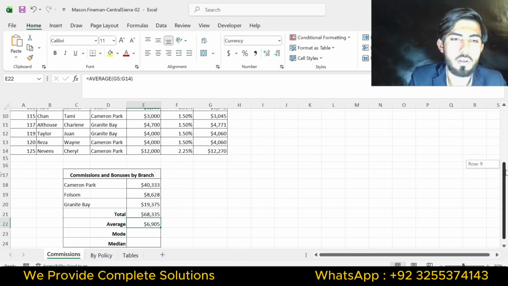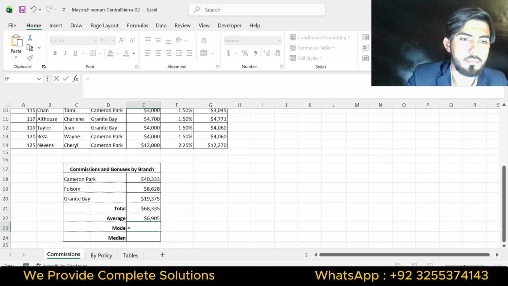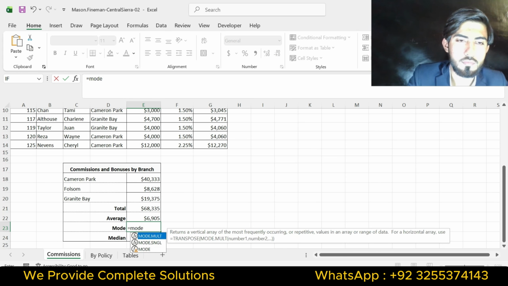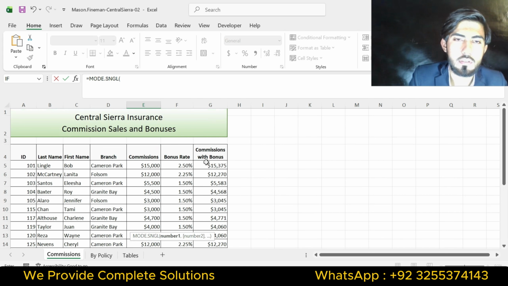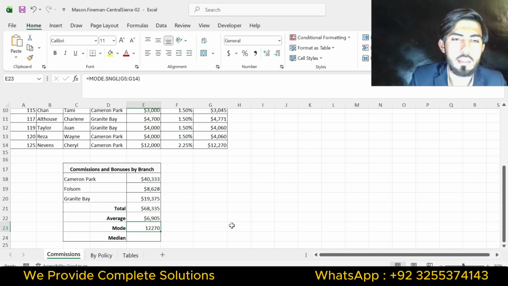Now I'm going to find the value of mode. I will use the MODE formula. Range is G5 to G14. Okay, and now I will find the value of median.